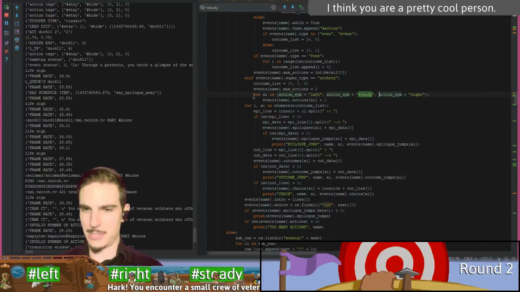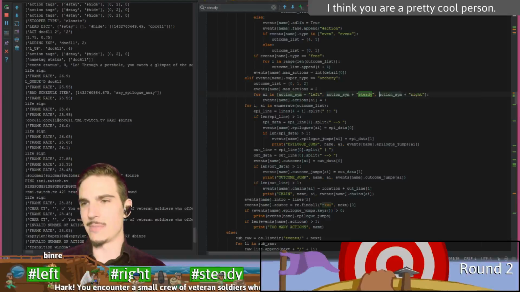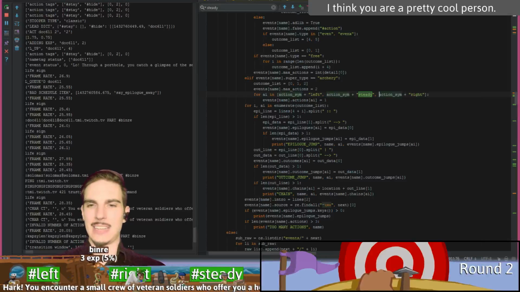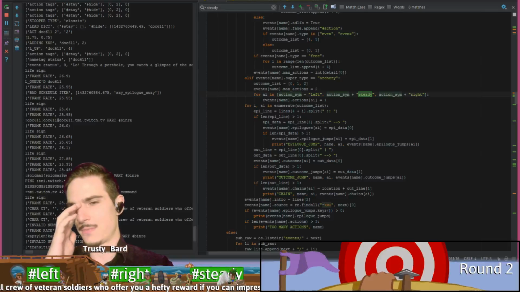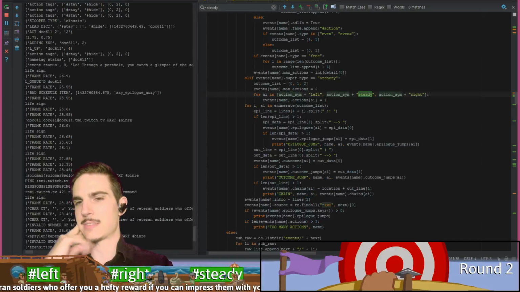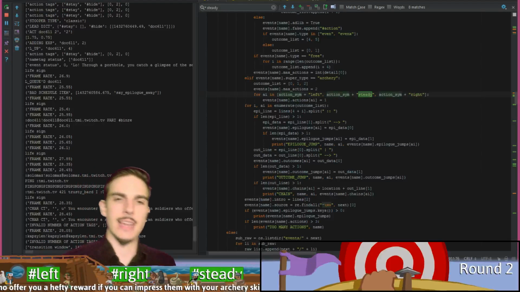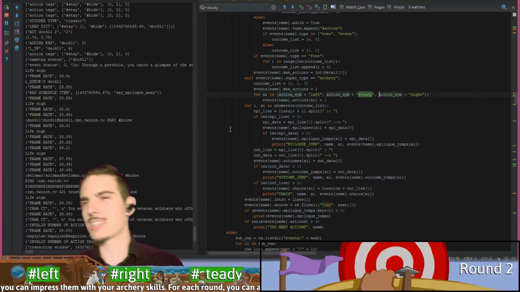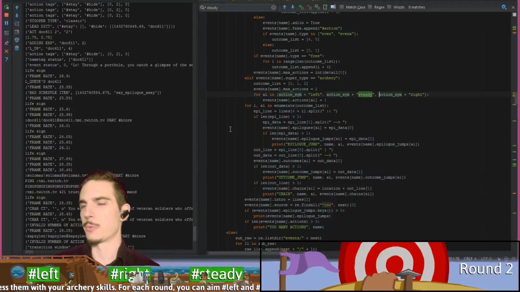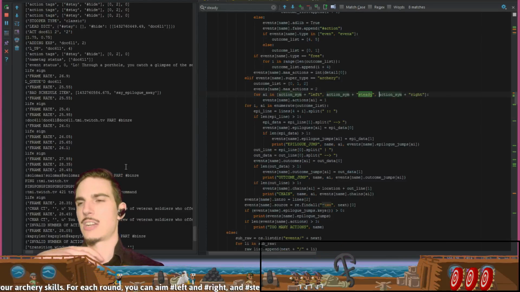Alright, so this one has got to be... Ooh, I don't know. I'm going to say left. It might be left steady again, because we're close to the center, but we're not on it, so I'm going to say left. Okay. And then, I guess I shouldn't get all bullseyes. Maybe I'll intentionally whiff the next shot. And that way,